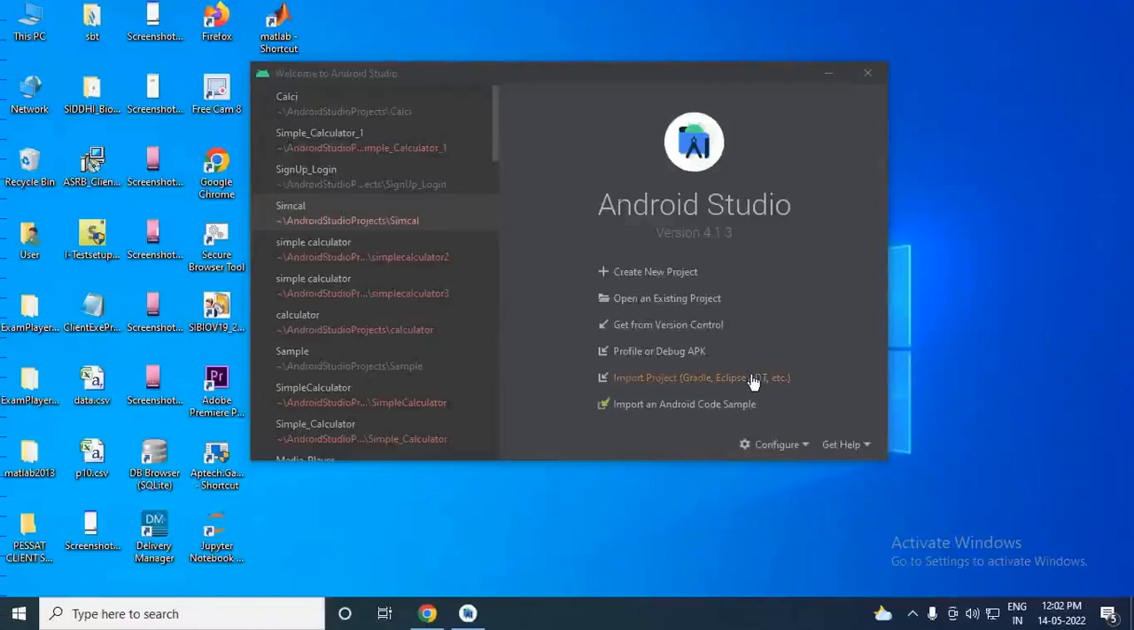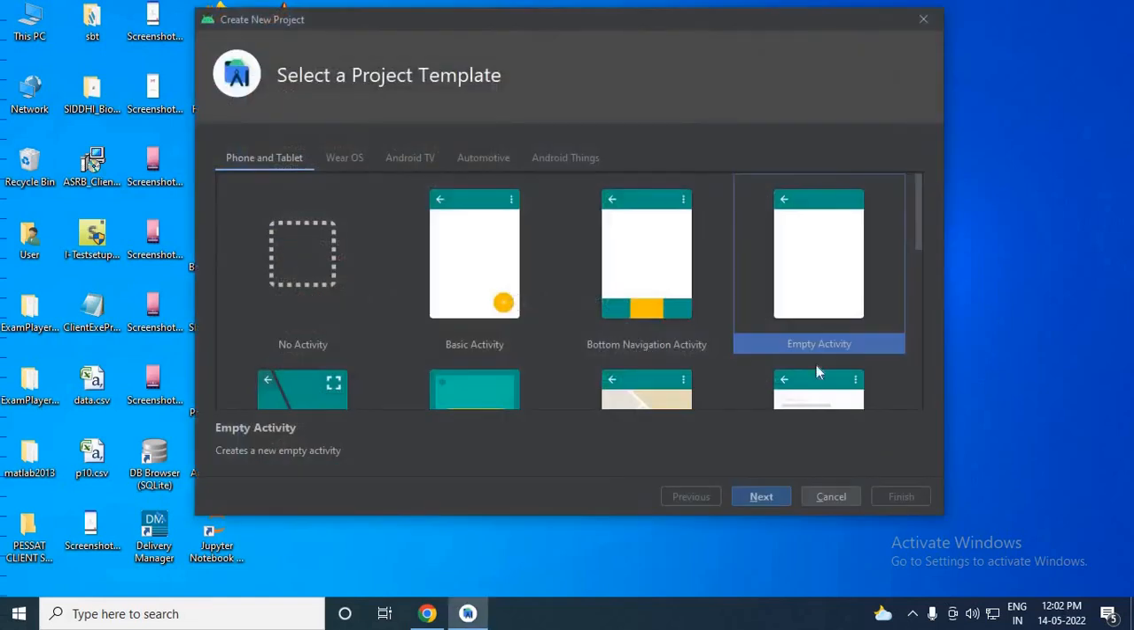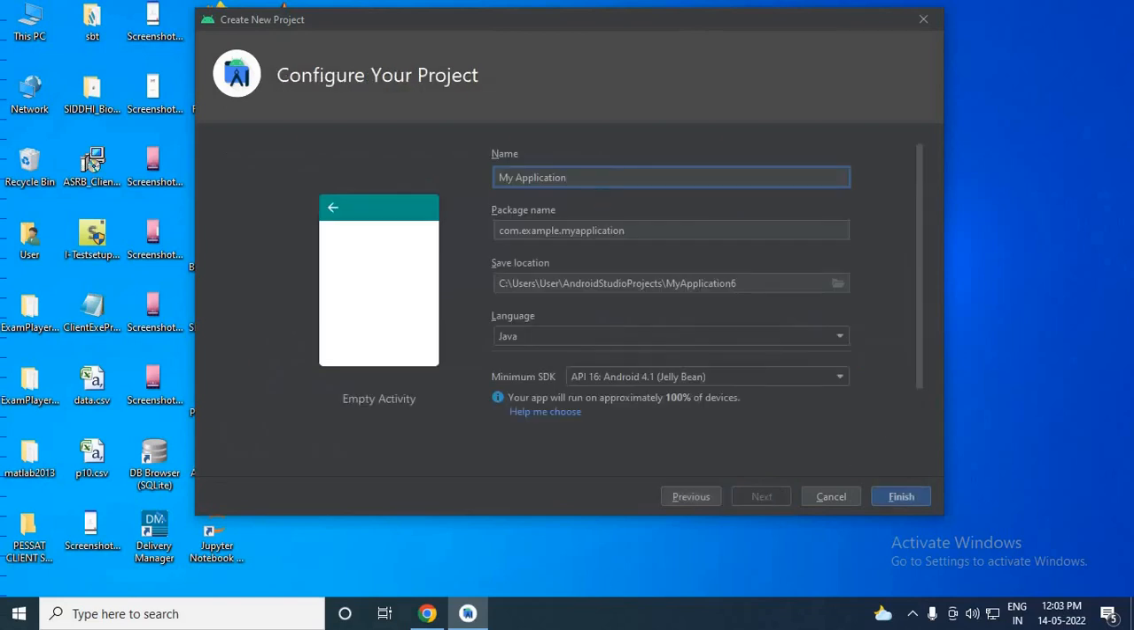Hello everyone. So in this particular video I'm going to demonstrate the simple calculator application of the mobile application development particular course. Okay, so I'll click on create new project, empty activity, next. Then here I am going to give the name for the project. Name is simple. Okay, I'll name it as simple